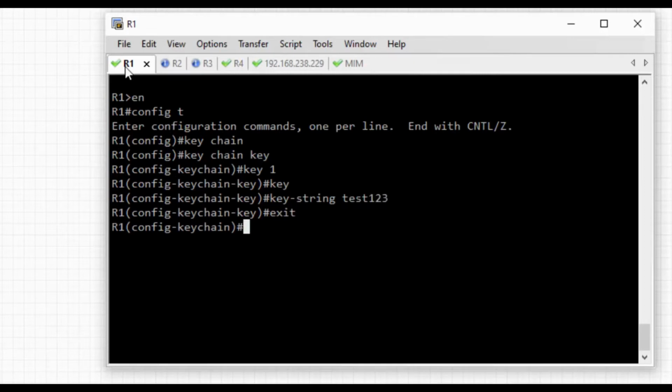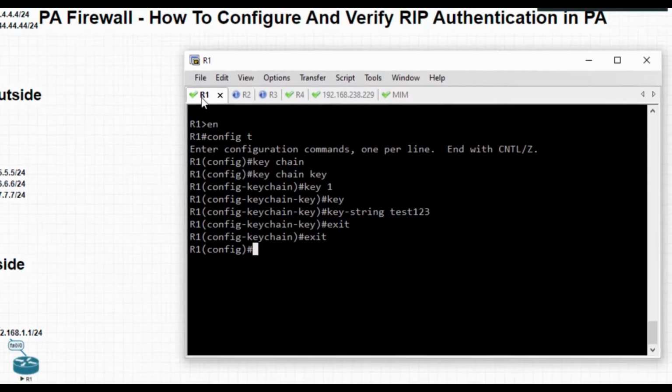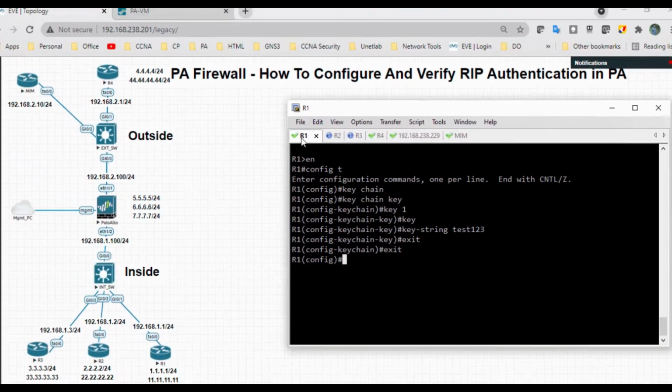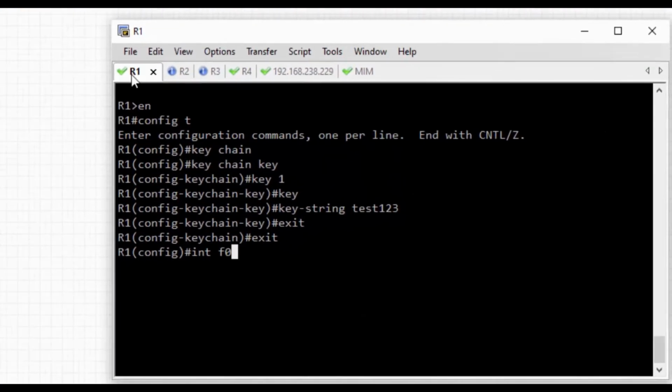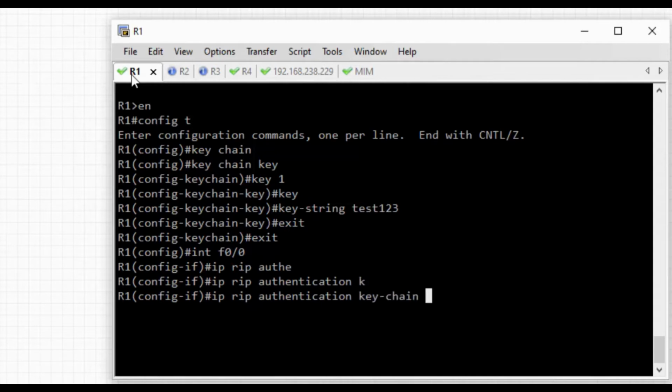That's it. Then I have to enable this on the interface which is publishing RIP, that is my F0/0 interface. IP RIP authentication, and my keychain is key. Okay, I have configured this.